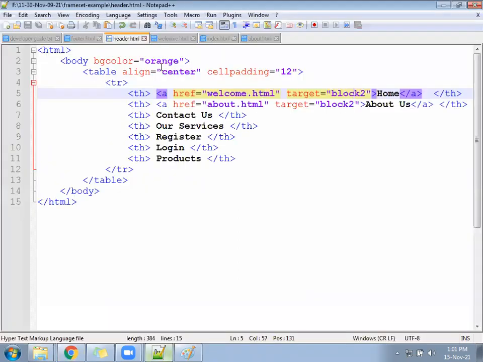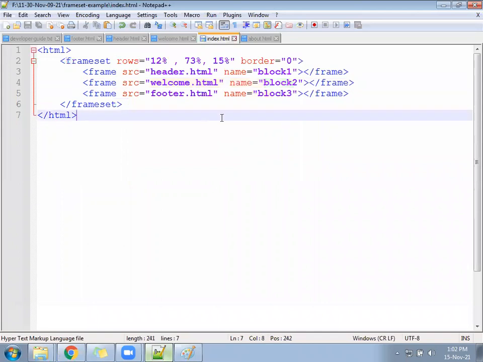Understand. Go here and compare again. Open which file? Index file. Index file first. See, for every frame we have given a name: block 1, block 2, block 3. After that, press Control S. It's not a big difficult task, it's small only, maybe you have not saved the file. Block 1, block 2, block 3. It should be small letters, not capital. Don't give a space. Save your file, Control S.